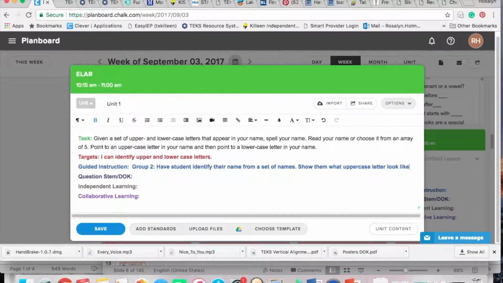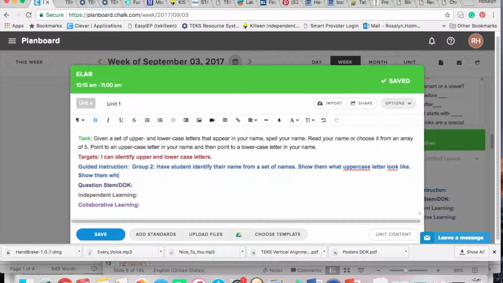And then next is the guided instruction. These are all the elements that I have to have in my lesson plan that my principal requires. So next is the guided instruction, and I just write simply how I'm going to teach the task to the students. So then after guided instruction is